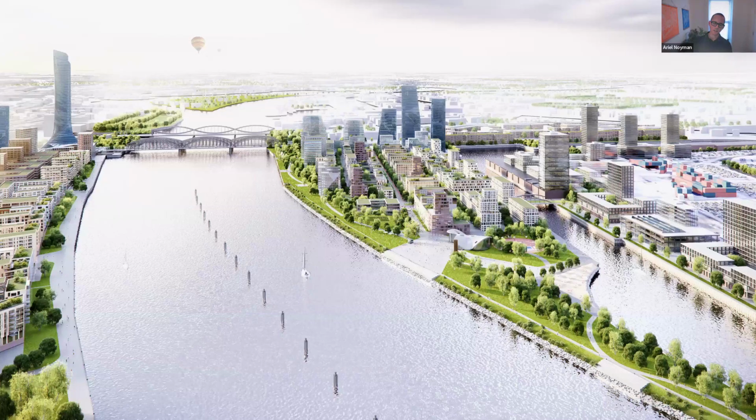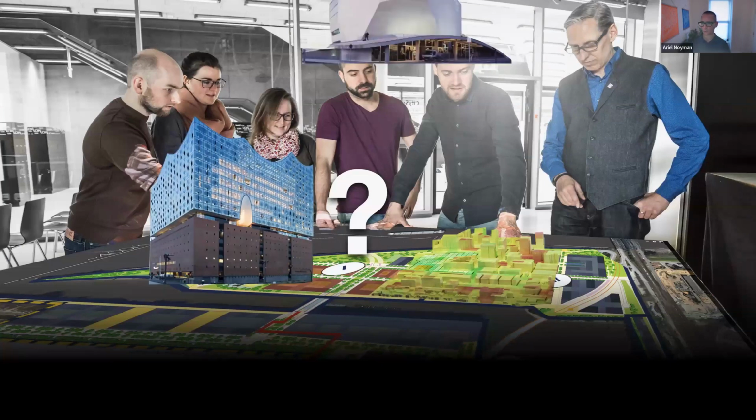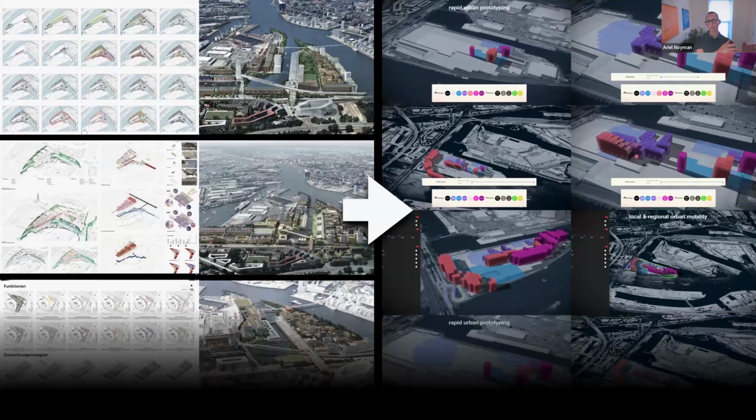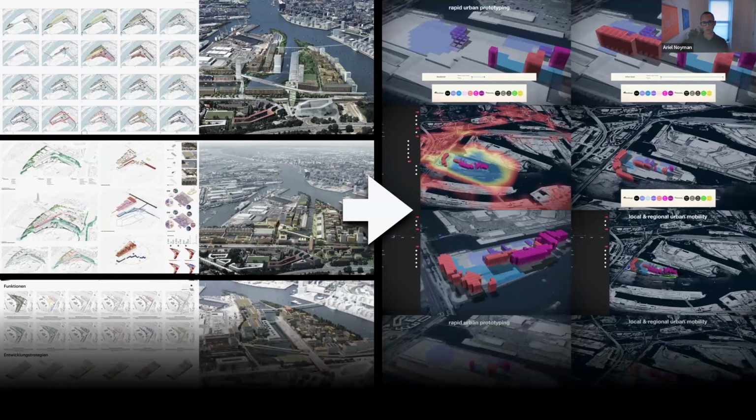Here, the city of Hamburg did not want us to design the site per se, but instead to use our CityScope platform to evaluate different design proposals from star architects all over the world and run them through the same set of metrics and KPIs, in what we would call an apples to apples comparison. So on the left side, you can clearly see the designers' proposals, very arbitrary. Each designer worked in their own way.